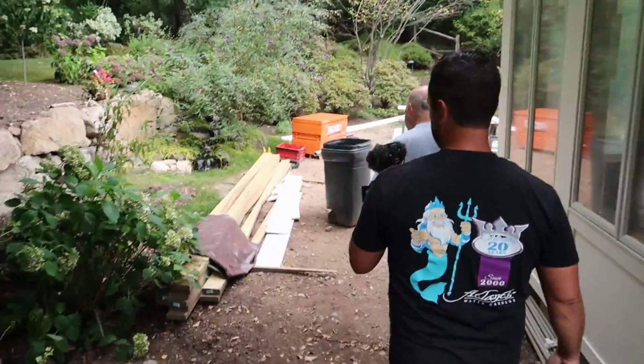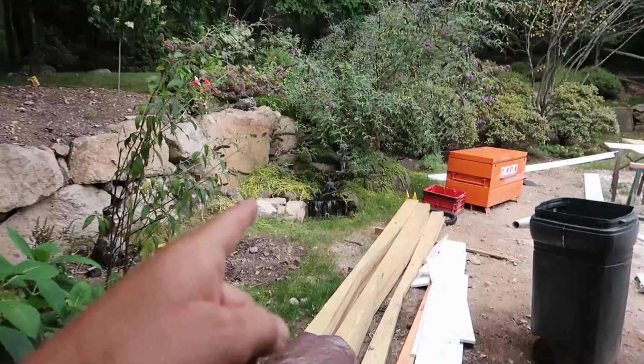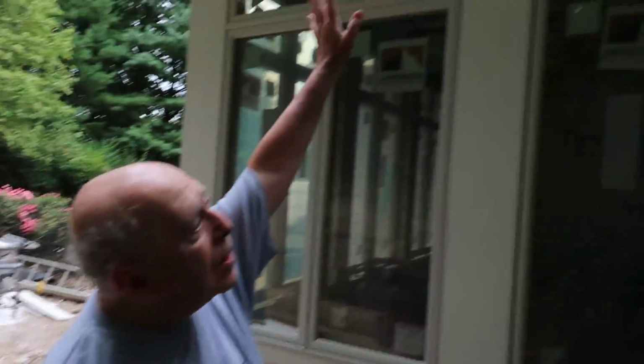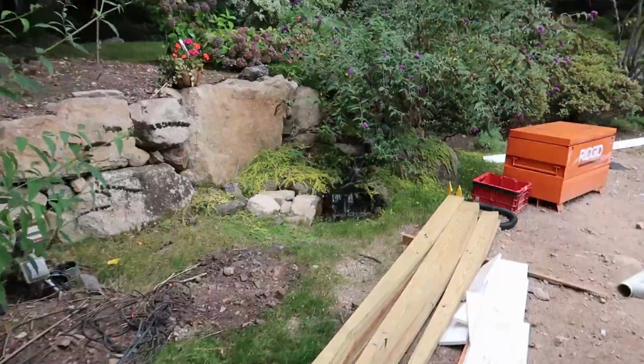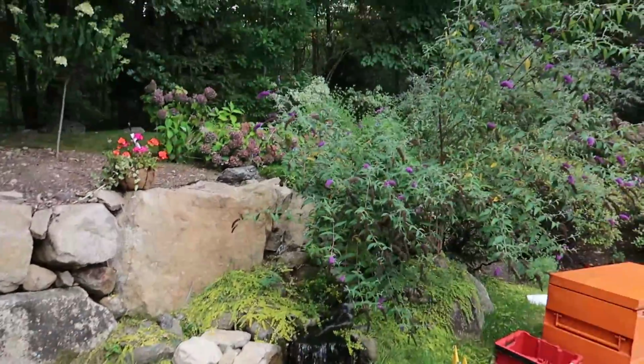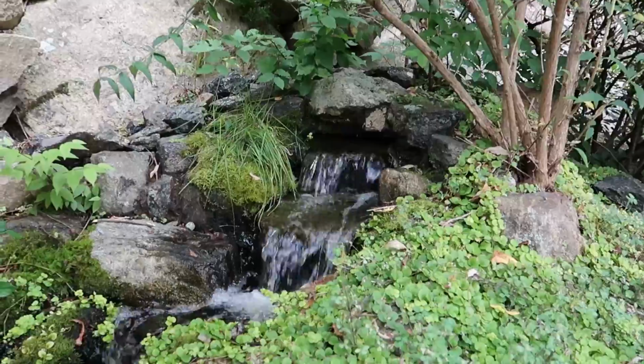Wow, it's quite a big project. So you're going to have a sitting room over here now. Right. And then you've got this little waterfall here that all started from a leak, huh? Right, and the decks are up there. So this all started from an irrigation leak and you said, I like the flow. Right. Got a butterfly bush, creeping Jenny. Very natural, a beautiful sound. It's a little overgrown now, but